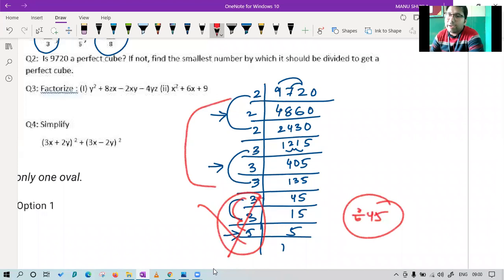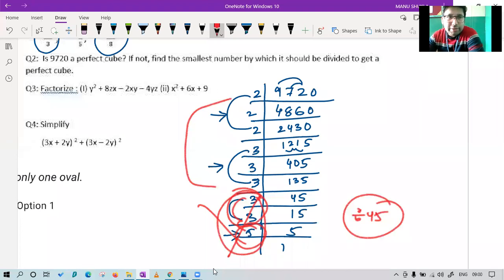this will remain and it becomes a perfect cube of which number? Please tell. Give me the hint. Yes, we will get a 6 cube. Very good, Joel. So I think this question is clear to everyone. We have prime factorized the number and we have seen that this 3 is not a triplet and this 5 is not a triplet. So we will remove it.